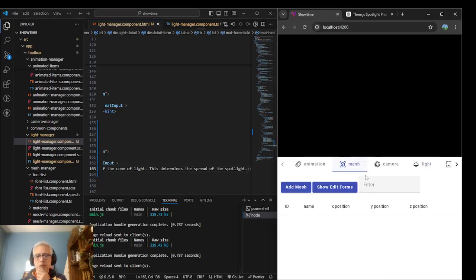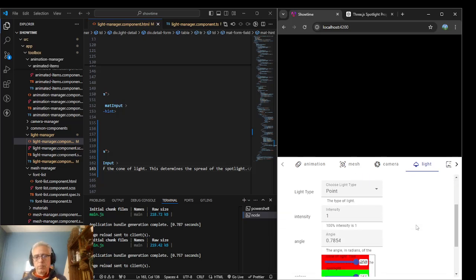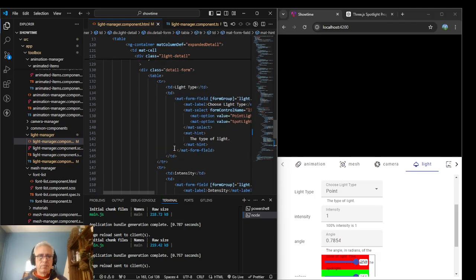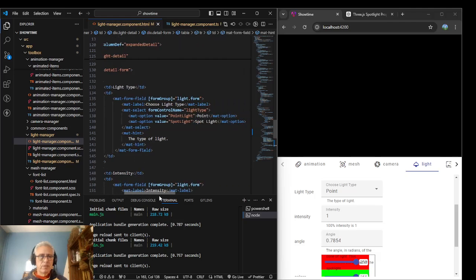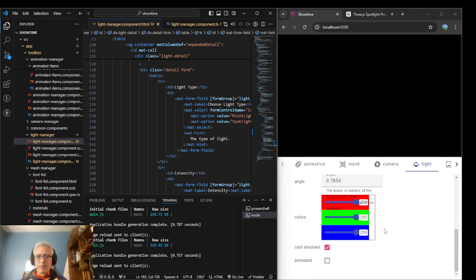So let's go here, go to light, add the light, edit the form, boom, and we've got our angle. It doesn't work because we haven't updated it, but I do want to add the logic to say if type, let's see if, so do we do any, I don't think we do any ifing in here. Oh, look at that,